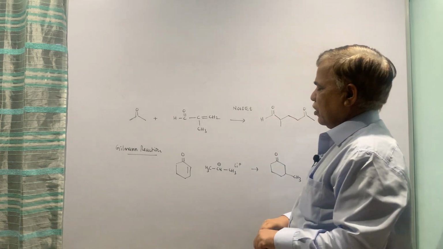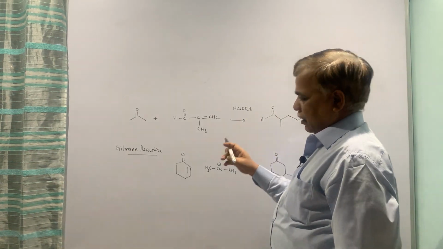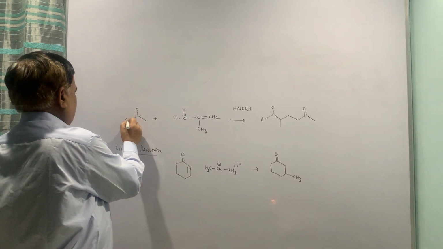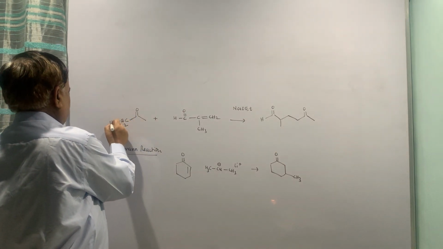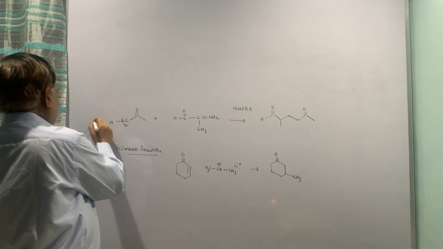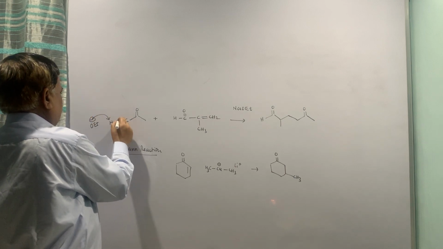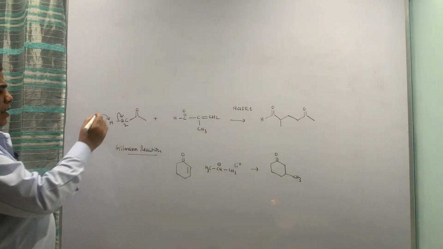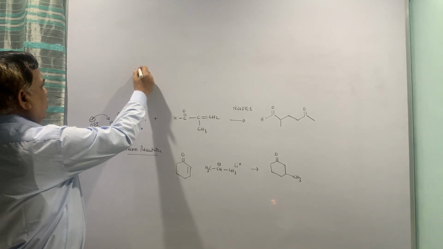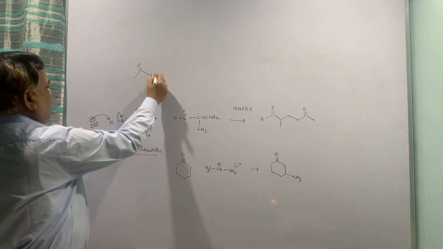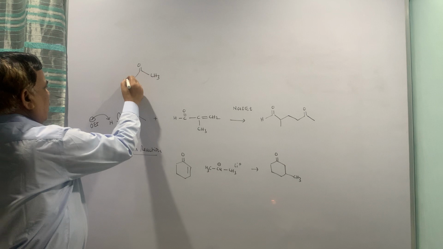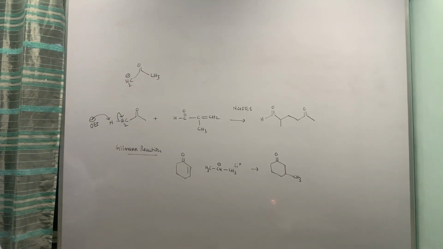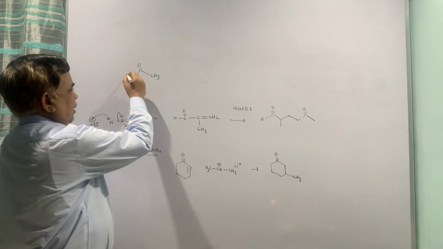annulation, or Robinson reaction. Now here the role of ethoxide is to abstract a proton, but now the proton will be abstracted from this side. So I am going to put OEt minus here. It will abstract a proton from this ketone, and eventually you will have the carbanion. We can show the resonating structure in the form of enolate and so on, but now this can